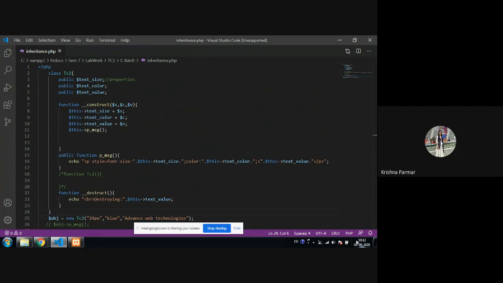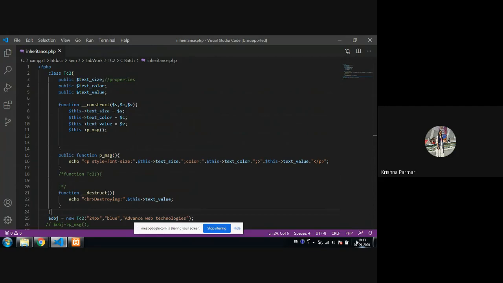But if we are thinking about your parent, in real time your parent will never say to their child, give me your property. So the parent doesn't have access to the property of their child. Likewise in our OOP concept also, the child always has access to the methods and properties defined in the parent class.